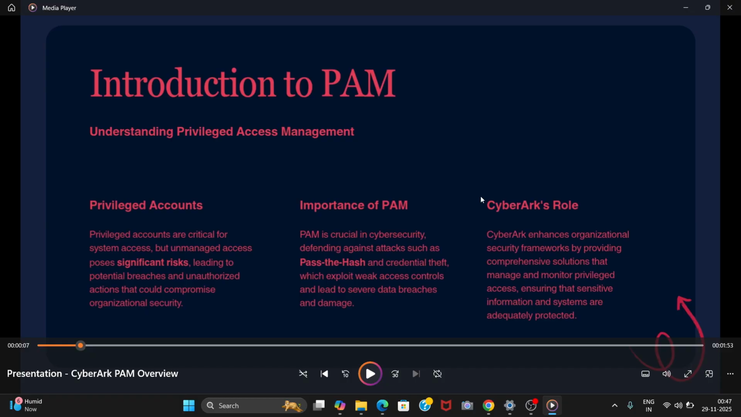So CyberArk will ensure that the IDs having privileged access are protected and monitored properly. Those IDs' passwords should be rotated on a daily basis, 15 days, 30 days, 45 days, or 90 days, whatever the organization policy is. As per policies, we can rotate those IDs' passwords. We can give access to those passwords to the particular specific